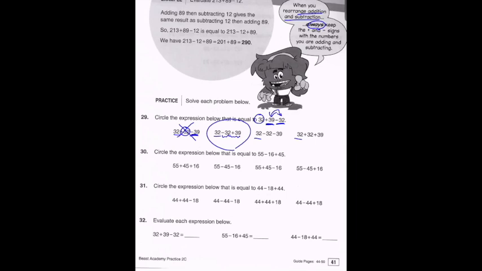Then for the third option, 32 is being subtracted, but now 39 is also being subtracted when it should be added, so this is incorrect. And 32 is now being added while 39 is being added when 32 should be subtracted, so this is also incorrect. Now we're going to take a look at problem 30, and so I'll give you guys about 2 minutes